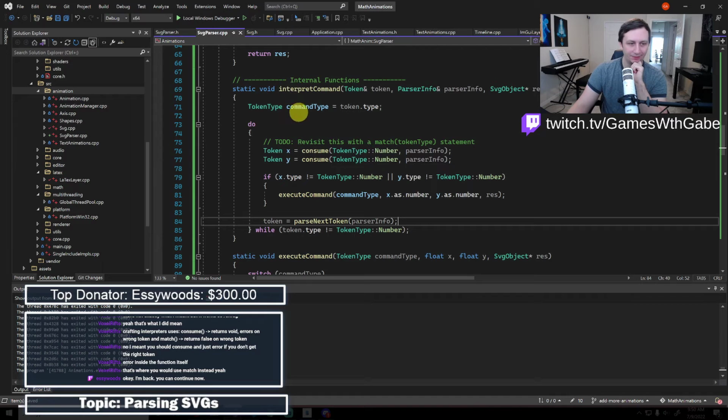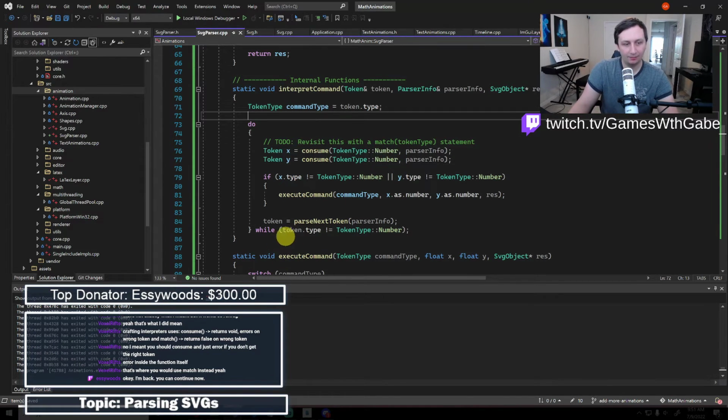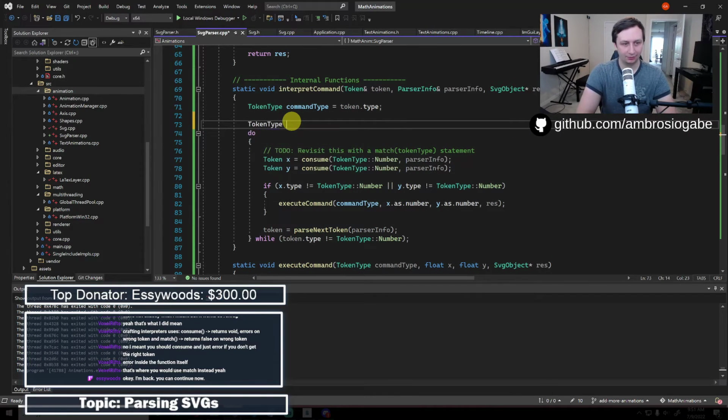So what happens, okay, I think what we're going to have to do here is, because what happens if the next token is a number? It's kind of gross.